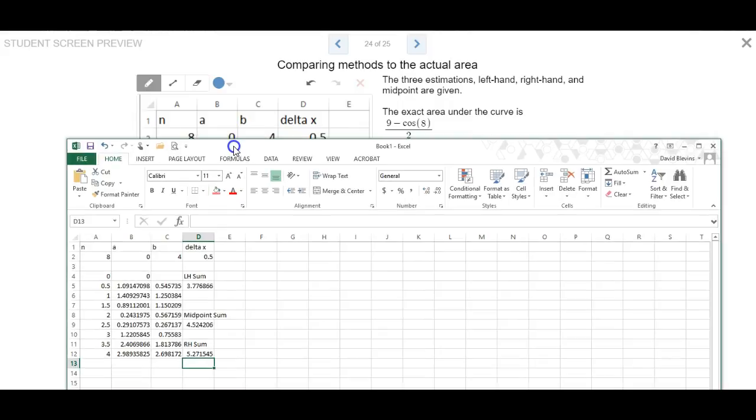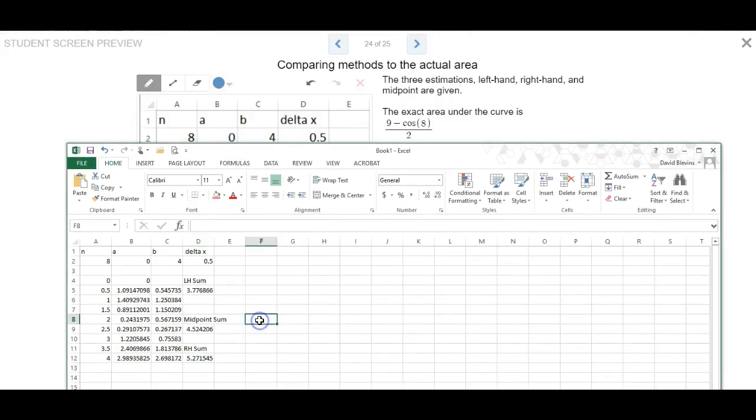So the exact area, and I'm rounding it because I'm going to type that in. It's going to give me a decimal. Equals 9 minus the cosine of 8 divided by 2. So there's the exact area, 4.57275,